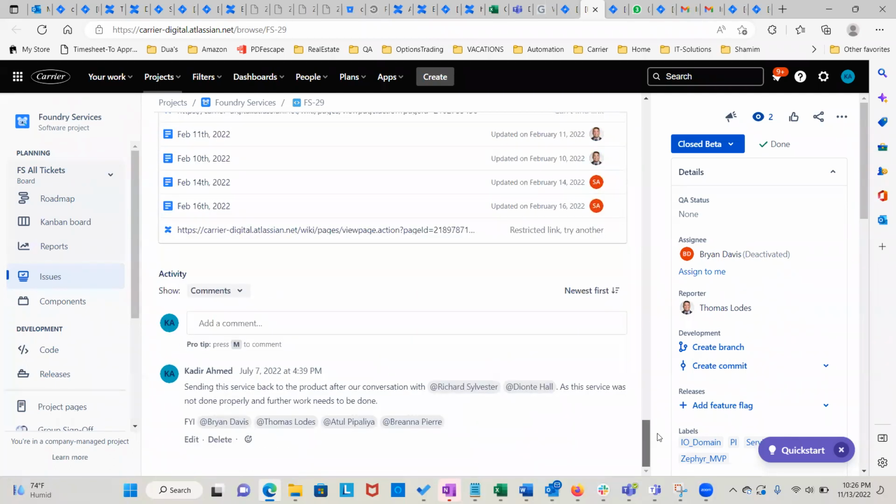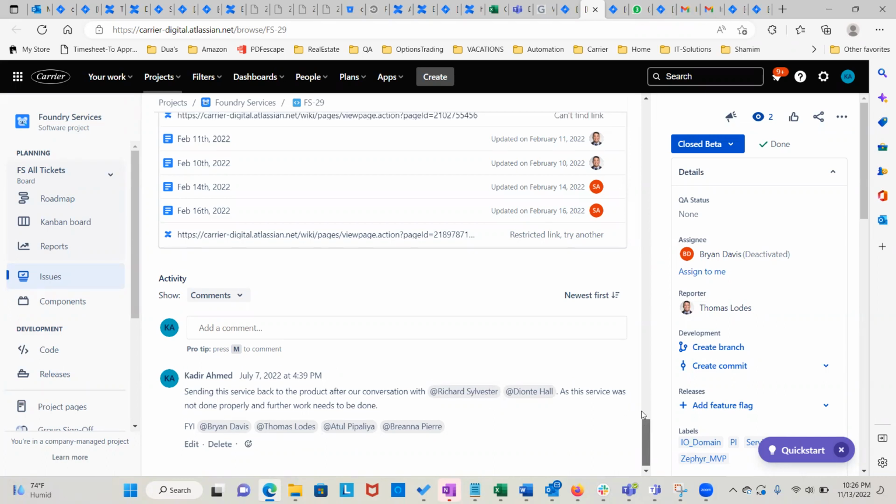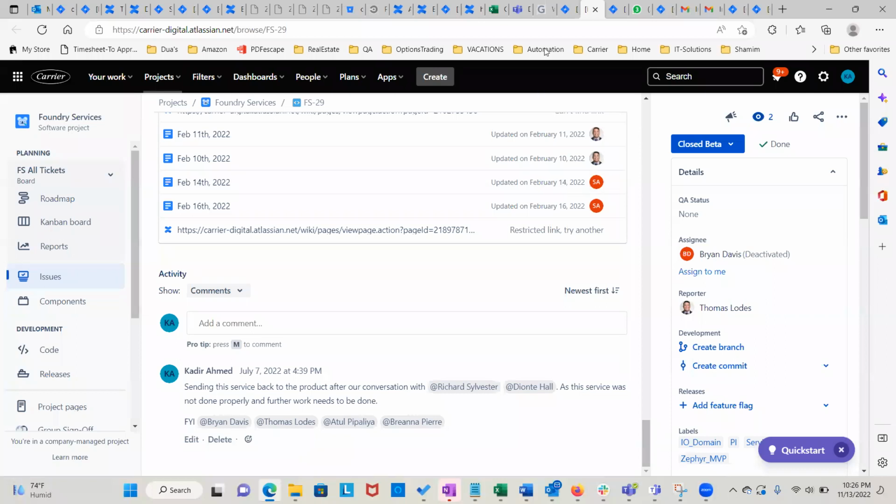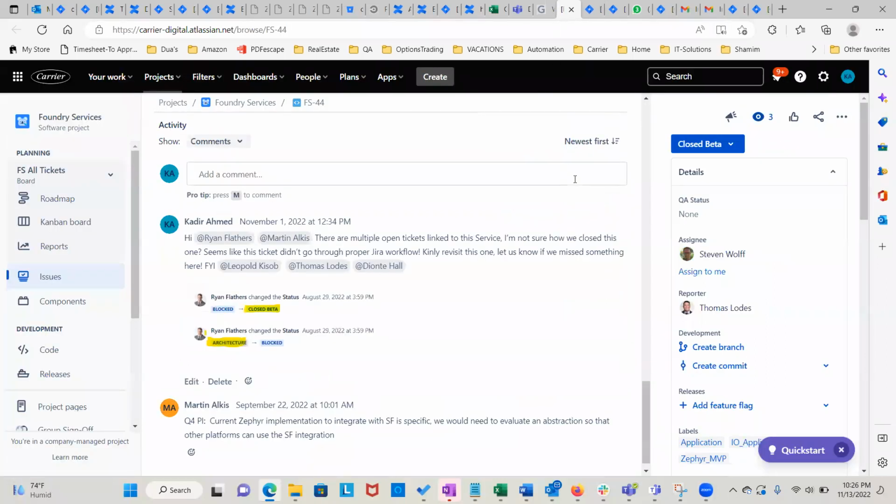So I tagged everybody. This guy's an architect, this guy's a director, this guy is a business director, dev manager. This is not even it. The example I was trying to show, yeah, right here. I said, there are multiple open tickets linked to this service.